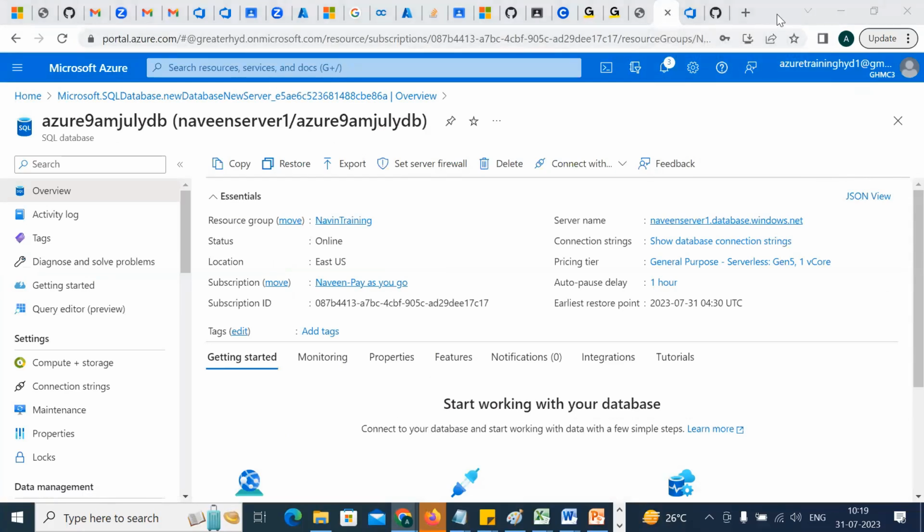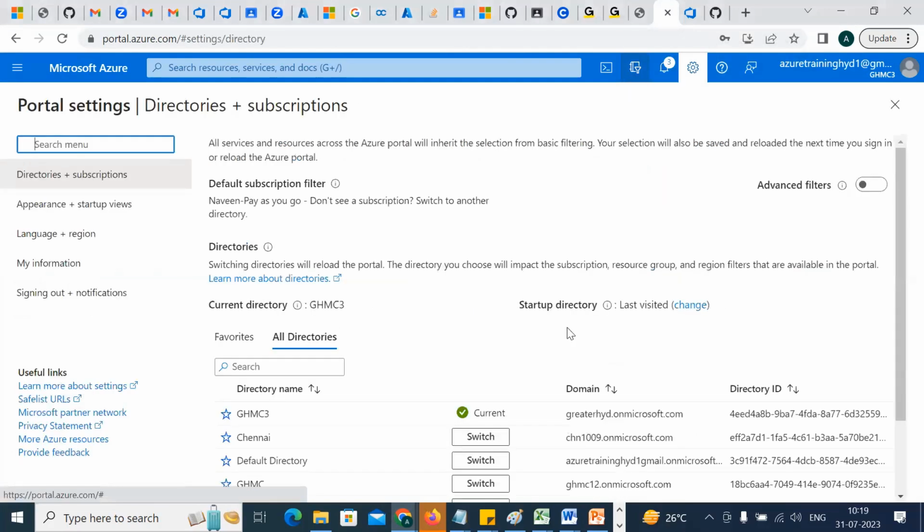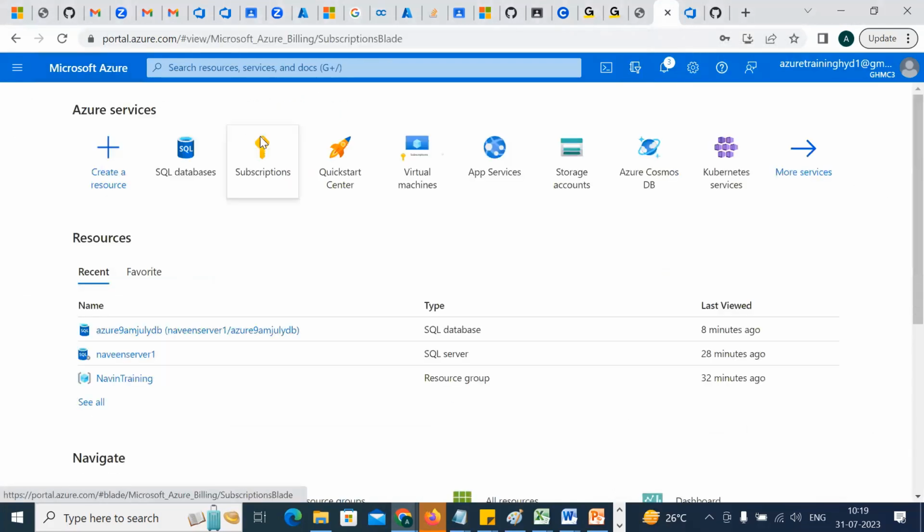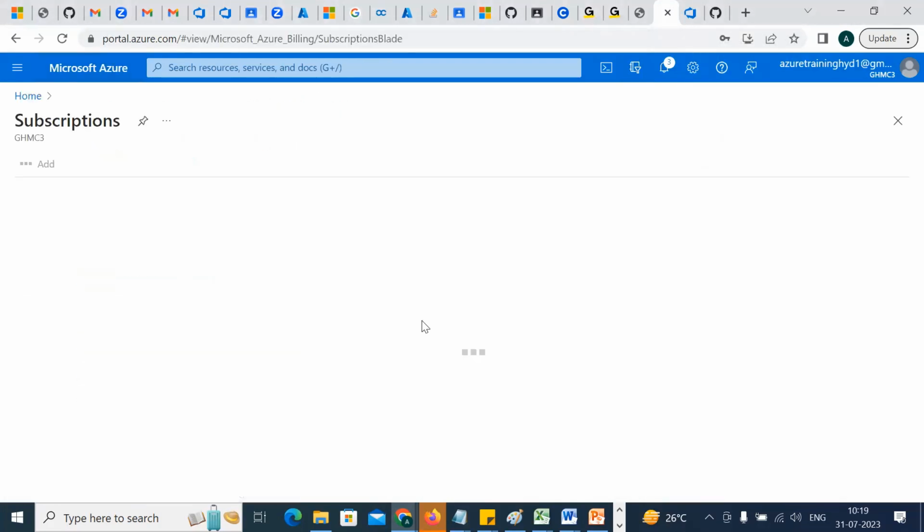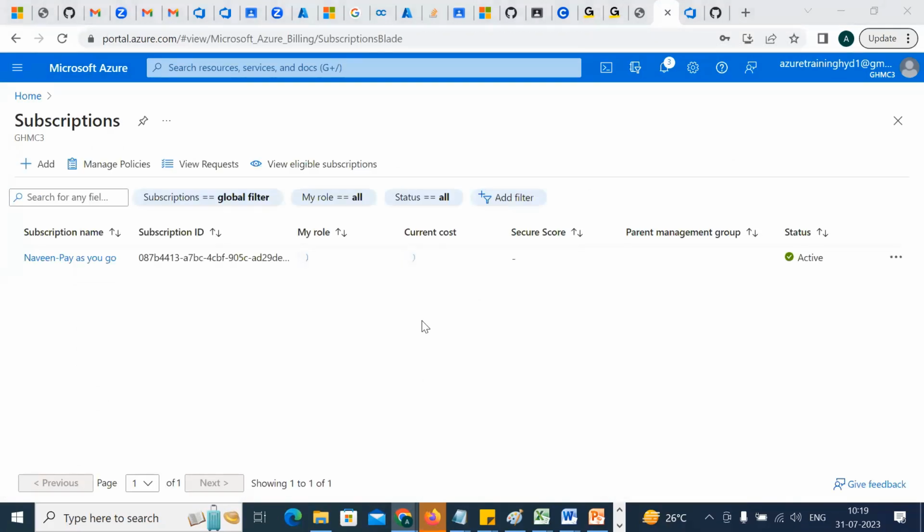Do one thing. Let me move back to the GHMC default directory. I'll first switch my subscription. No, the service connection is not the problem. The service connection is fine. Guys, see, whenever you are getting any failure,